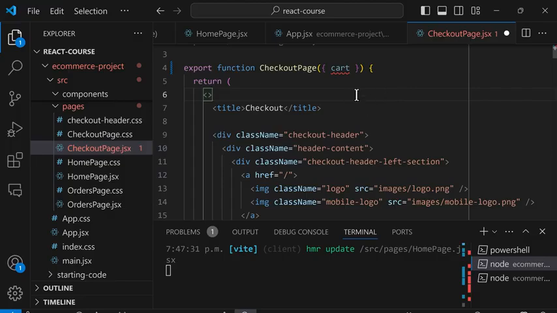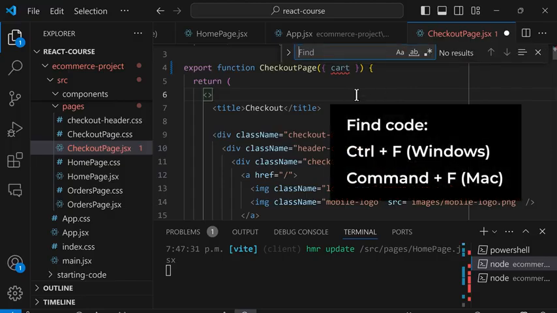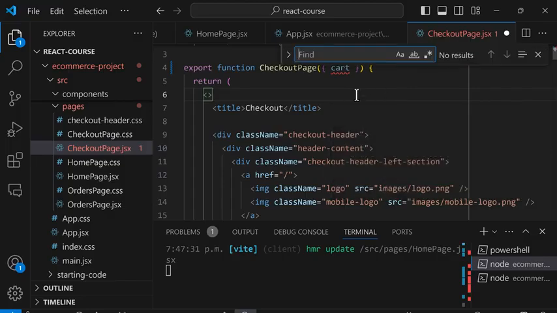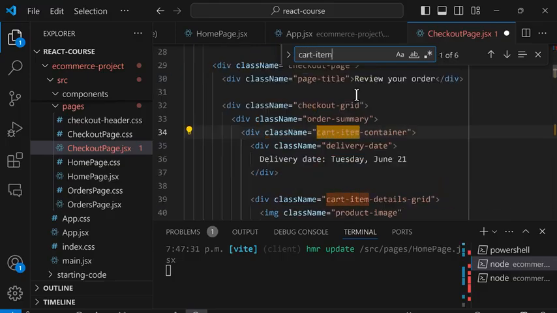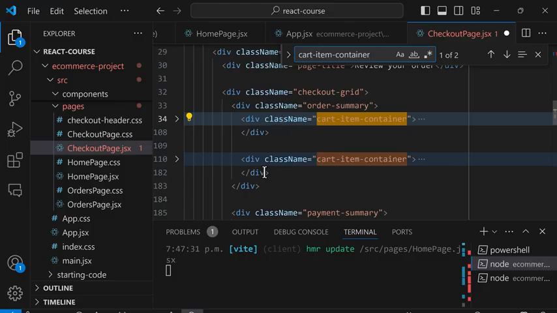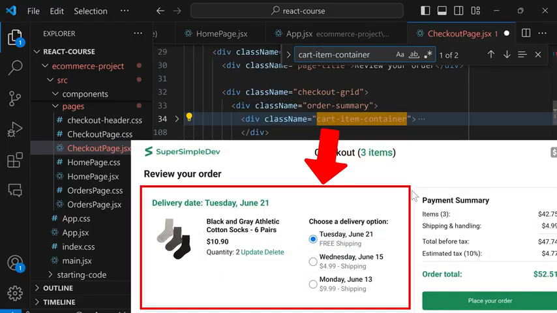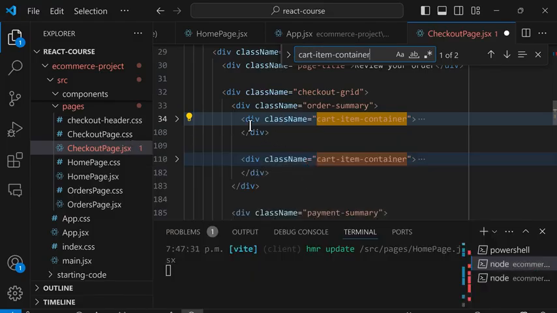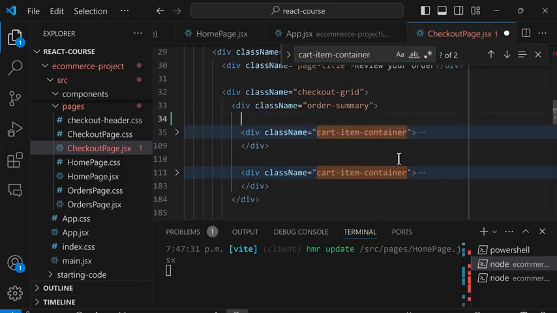Now inside this code, we're going to press Ctrl F to find some code, and we're going to search for cart-item-container. And here, we're going to collapse this element, and we'll collapse this element as well. So each of these represents a cart item on the page. So let's generate this using the cart. Above this, we're going to insert